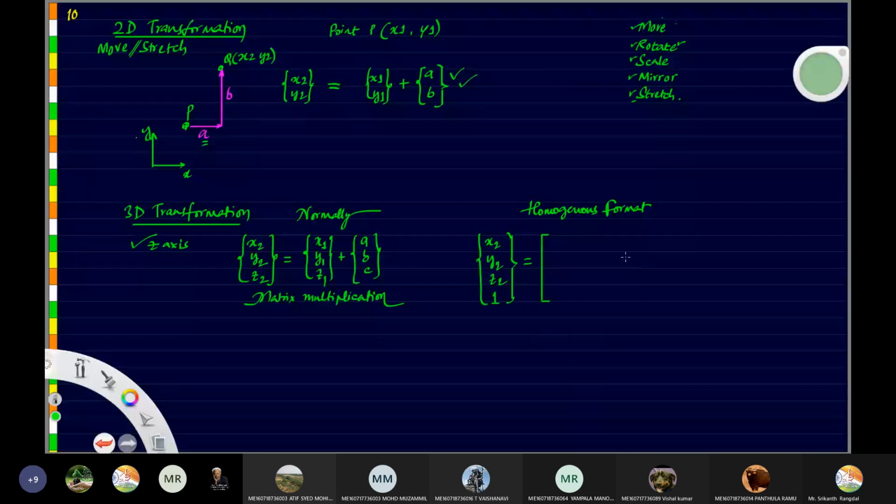We are taking it to make it consistent with the 4 by 4 matrix. Okay. So this is how the matrix will be. I told you the null matrix will always remain 0. Scaling matrix, we are not doing any scaling, so it will remain 1. And we are not doing any rotation, mirror or anything, so this will remain as identity matrix.